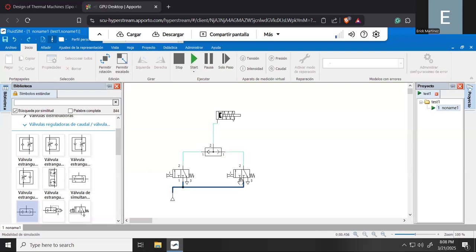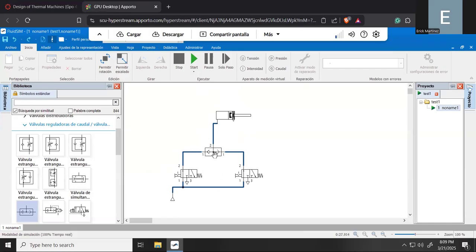And well, we can start the simulation. And you will notice that this valve will allow the airflow from port number 2 to the air chamber of this single acting cylinder. If I press this button, okay, there is an airflow. Okay, but also if I press this button, there is also an airflow, or I can push the two buttons and the air is flowing